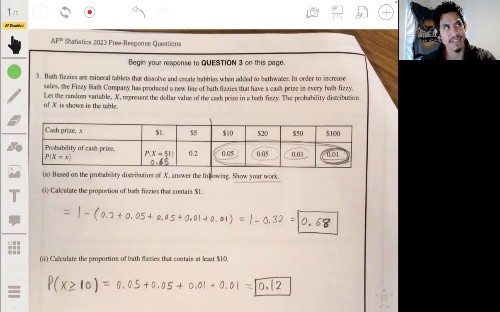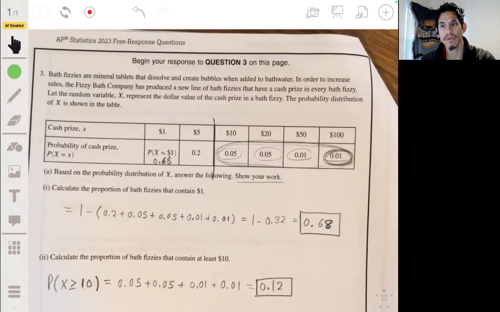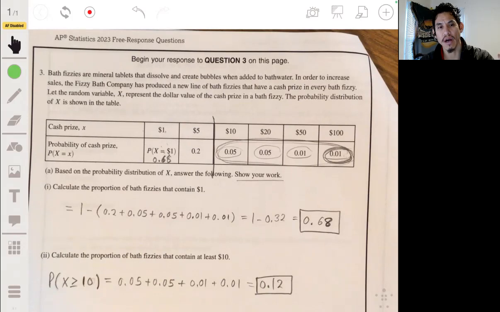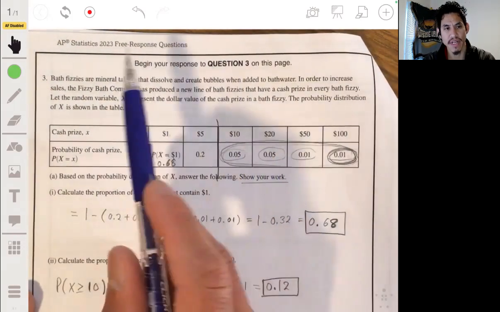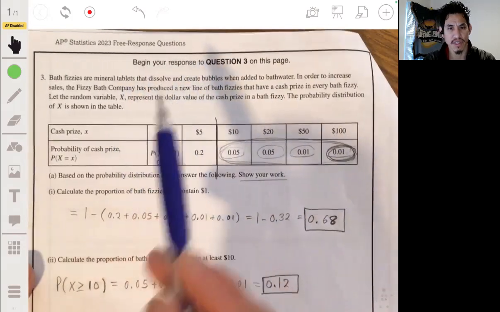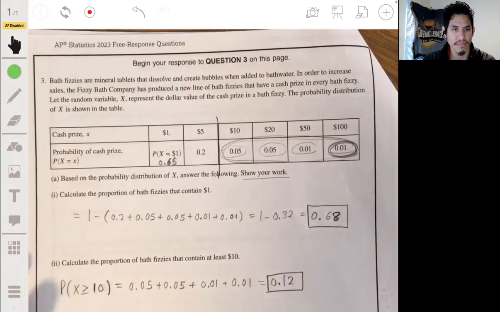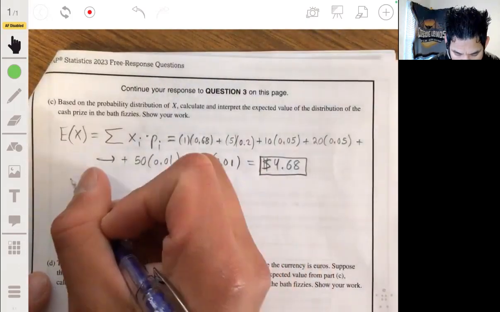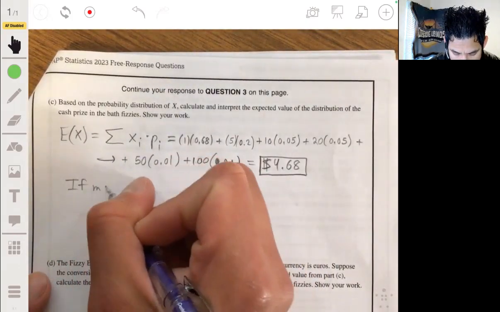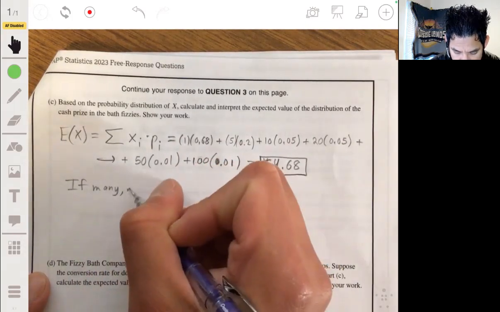Well, not technically long run frequency. It's what you would expect to win. I'm not even sure if this is a game. I guess if many of these bath fizzies were selected. So we'll write something like that. I like to say, if many,